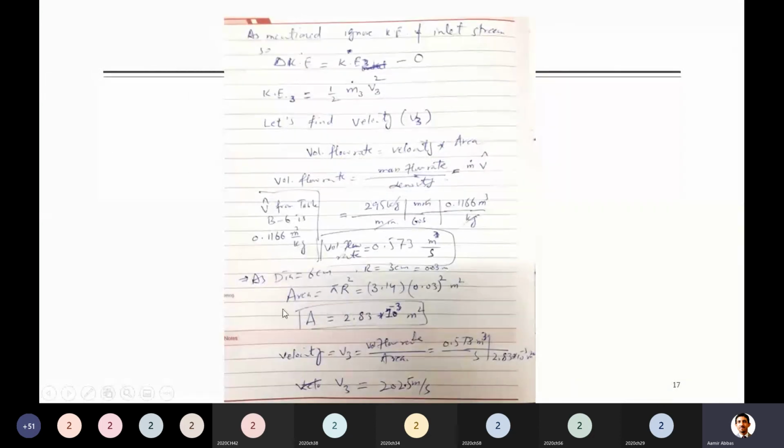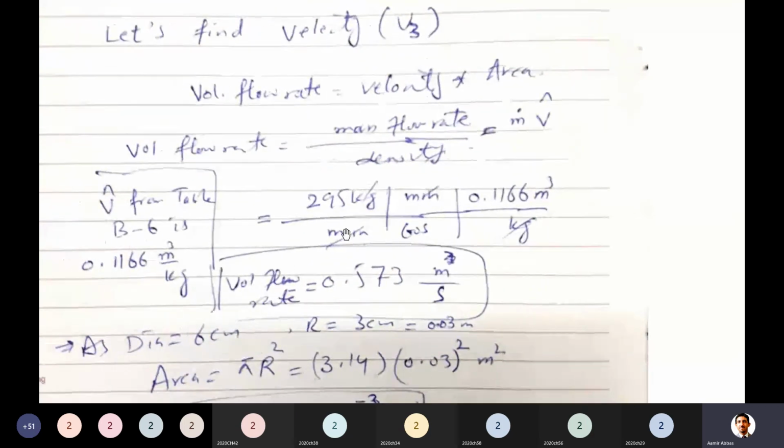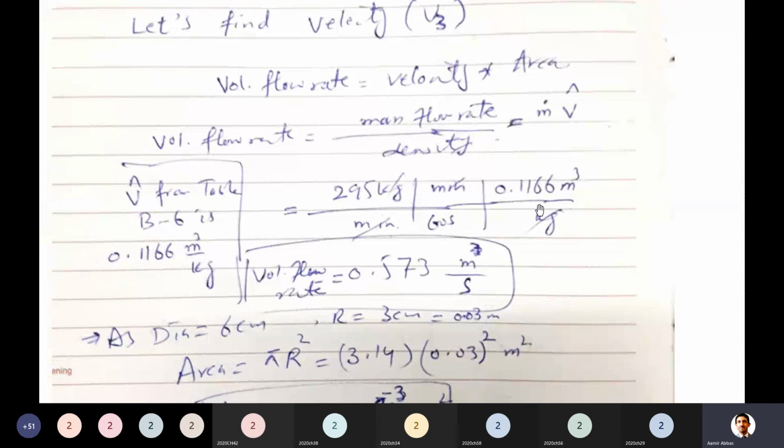So as it was given, you can use it and multiply it with the volumetric flow rate, which was in kg per minute. I just converted that from minute to second here for some purpose, and later you can multiply it with the specific volume, with unit cubic meter per kg. So all the other units cancel, and your leftover answer is cubic meter per second. So you have calculated the volumetric flow rate, which was one of the requirements to find the velocity.